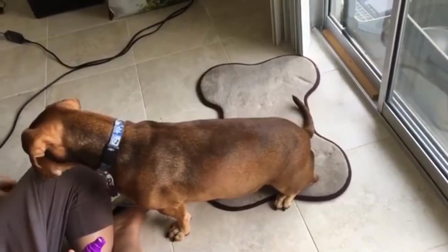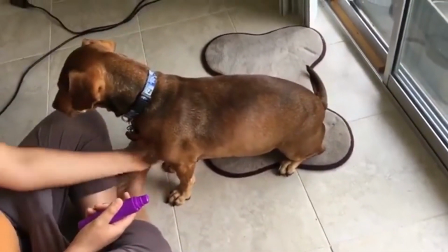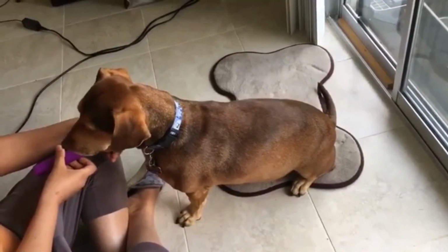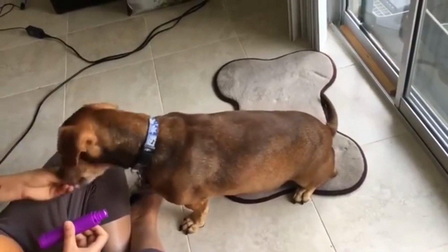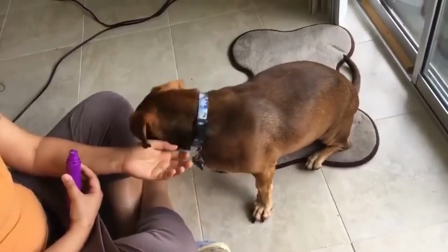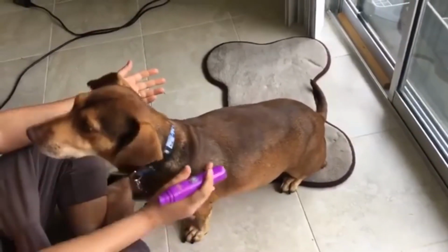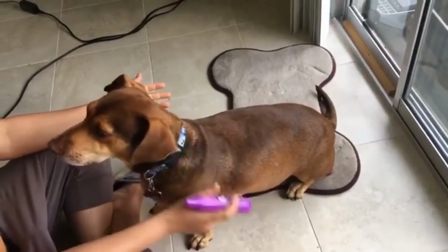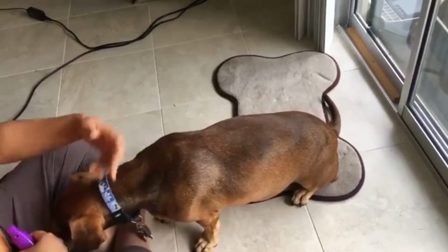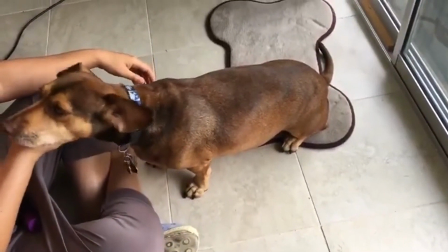Yes! Good job! If you notice, yesterday she kept her face very close to the trimmer and my hand. Today she's a little more relaxed and a little okay with not having her face right there. Yes! And I am rewarding that with praise and food and affection. So that's the great part about using positive techniques to train dogs. The dog is in control, feels in control, and therefore trusts you because you're not going to do anything that's going to hurt them. And that builds a bond between people and dogs a lot faster than trying to use force or trying to use punishment